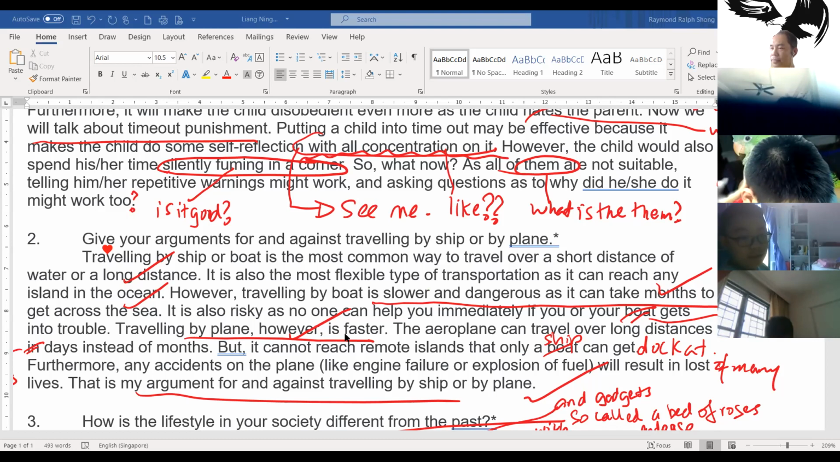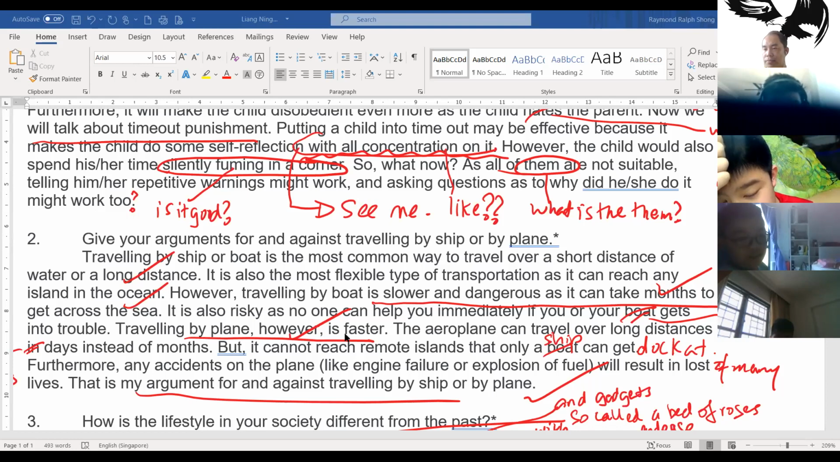However, traveling by boat is slower and dangerous as you can take months to get across the sea. It is also risky as no one can help you immediately if you or your boat gets into trouble. I prefer ship because the question is ship. As in the boat gets capsized or you know poisoning or something. Yeah. However,